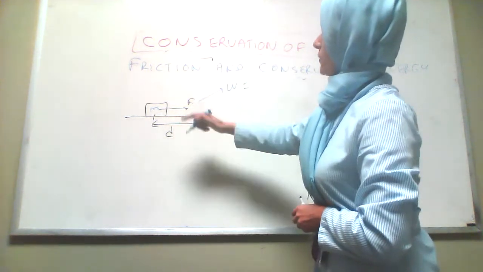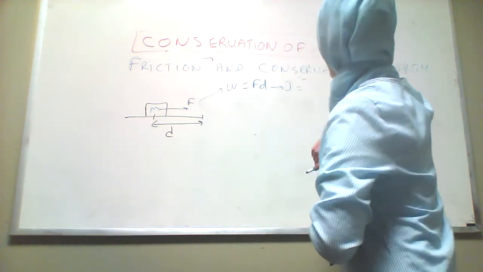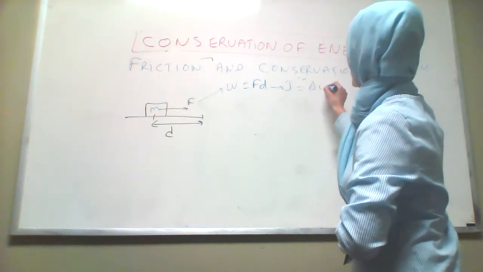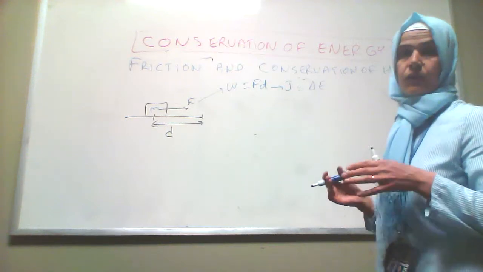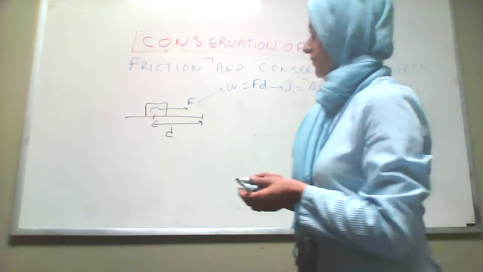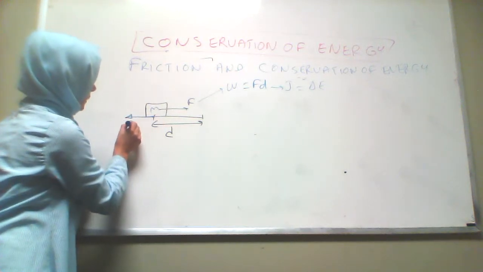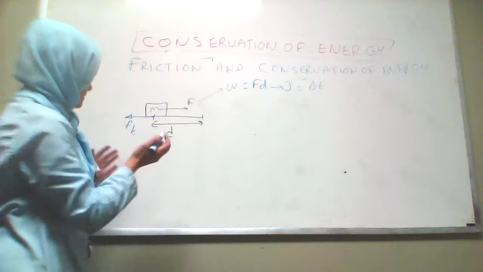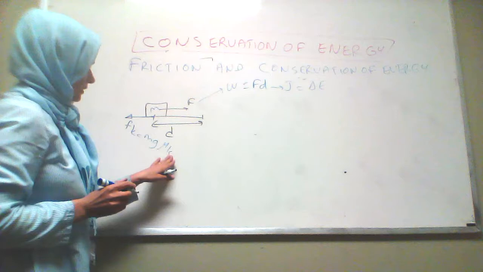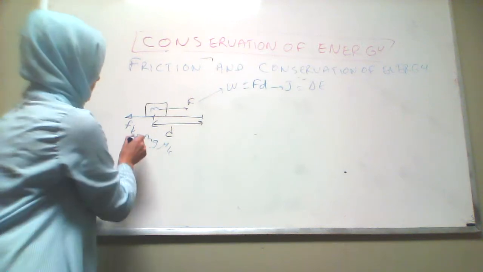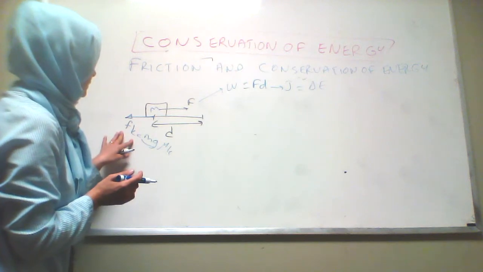So the work done by this force we said is equal to F times d. This is in joules, and we also learned the work-energy theorem, that this is equal to the change in energy, in this case only kinetic energy. If there is no friction, this is the case. But if there was friction, there will be a frictional force, what we call and learned before Fk. And this is equal to mu k times mg, the friction coefficient times mg, which is equal to N in here. I'm not going to go into those details, but